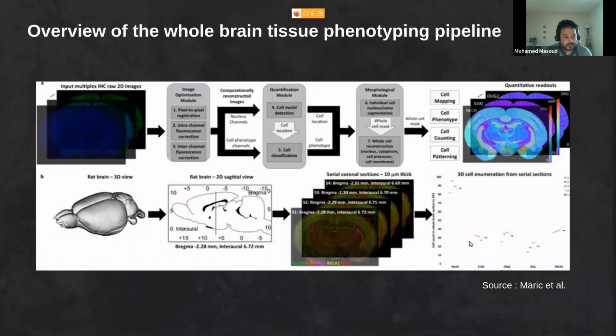An overview of the whole brain tissue phenotyping pipeline used in this paper is shown here. I will talk now about the upper part, which consists of a raw high-content 2-dimensional multispectral imaging data set.